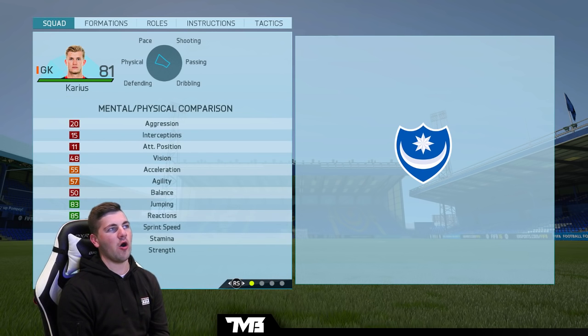Karius is 1 year older than Daniel Bentley, but he is 4 overall higher, and I definitely want to play him in a few games to see how much better he is, or if I can really sense that there's a big difference between Bentley and Karius, to see if he's able to keep that starting 11 position. Because I absolutely love Daniel Bentley, don't get me wrong, but we just picked up a quality goalkeeper, and it'd be a bit weird if I didn't play him over Daniel Bentley, considering on paper he is the better